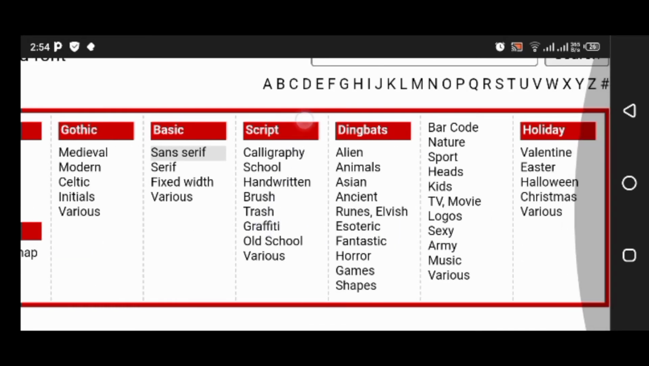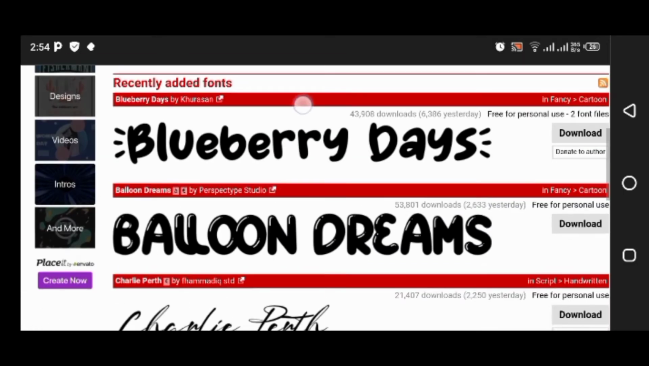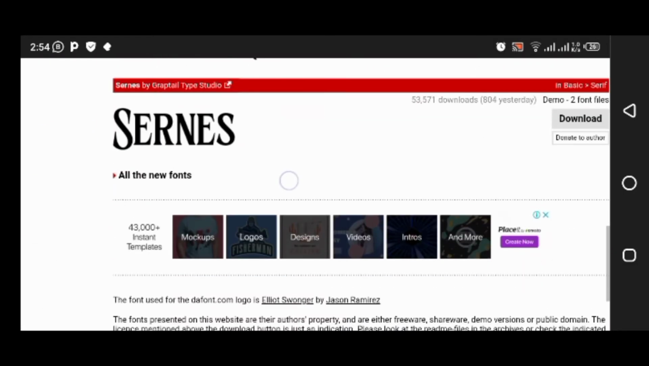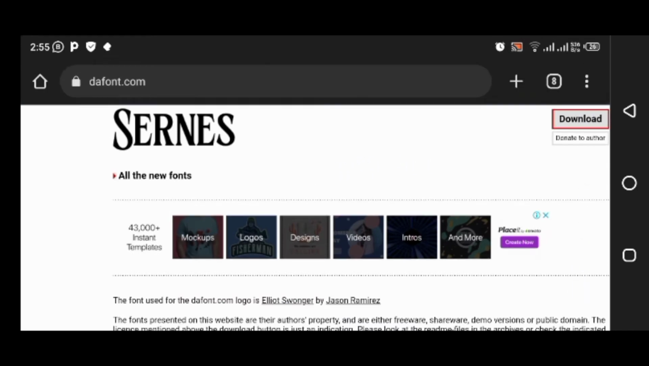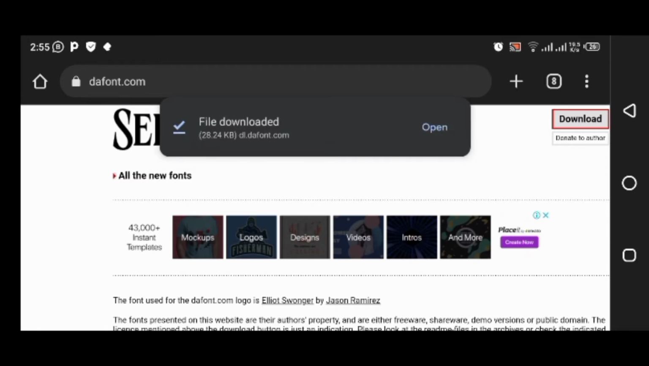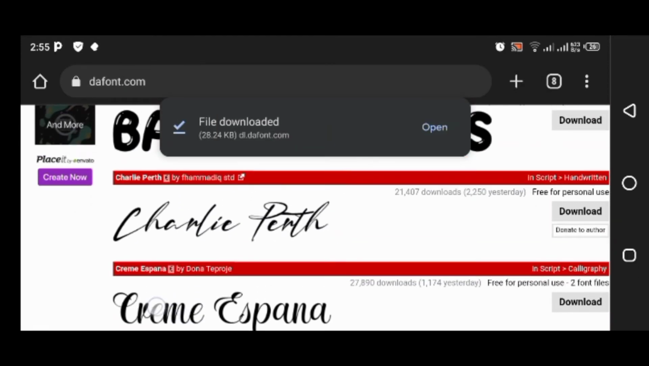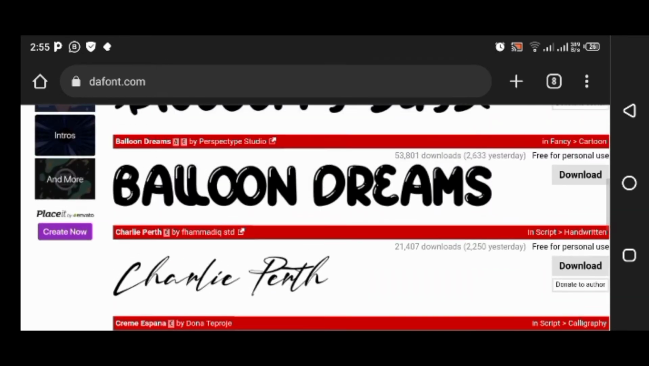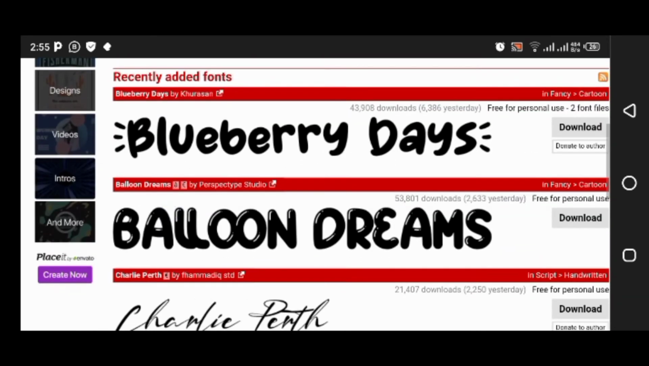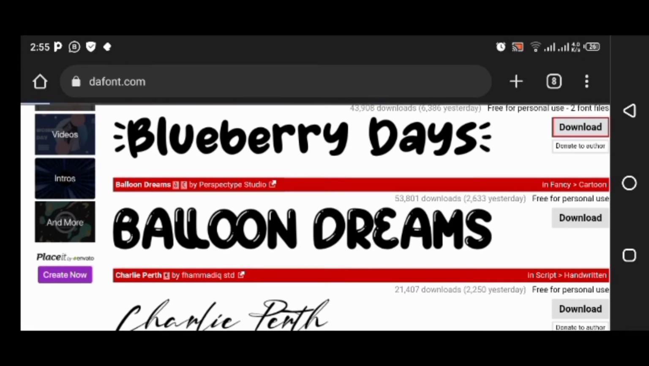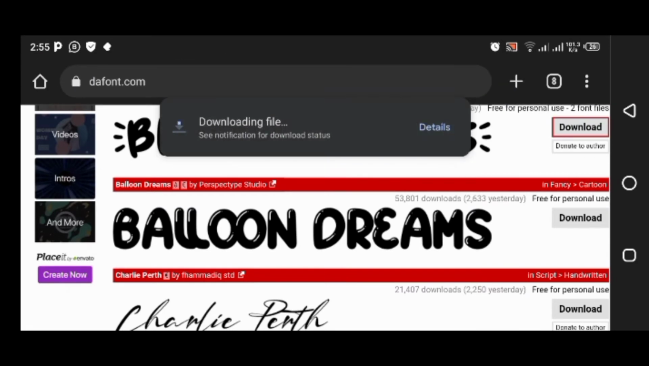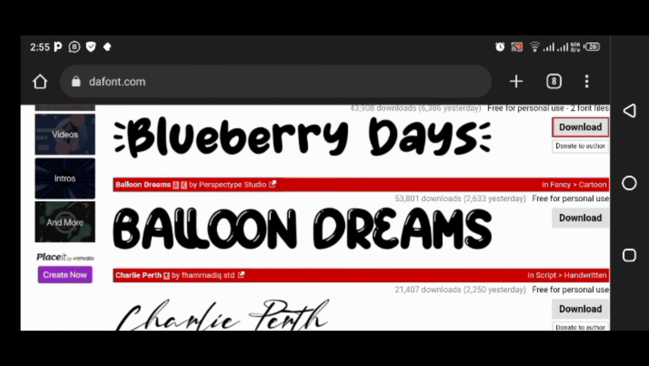So let's move down here to download the font. Let's download this one. The next thing you need to do is click on download. So it is downloaded, and let's look for another one. Let's download this Blueberry Day. So this is it. Now to import it into your Pixellab, you just need to click on the 3 dots here